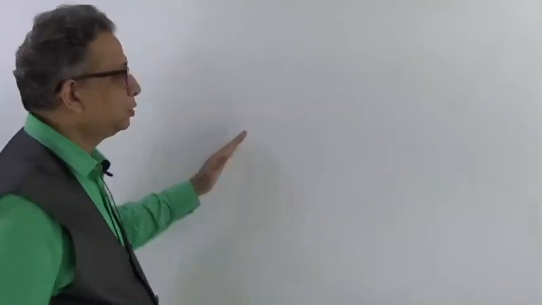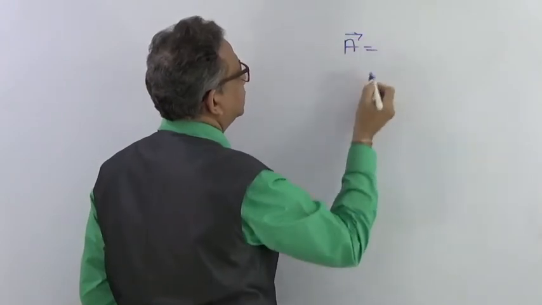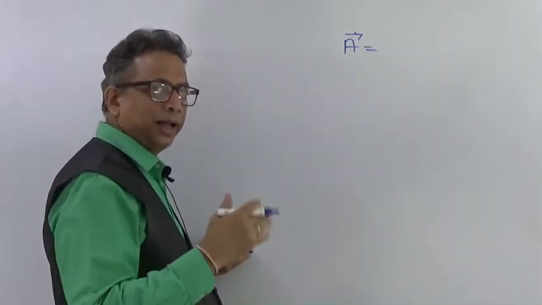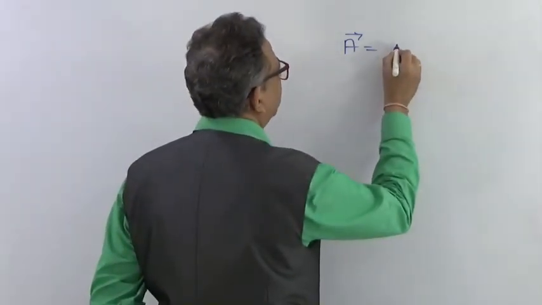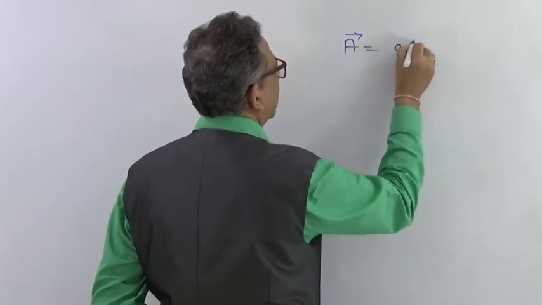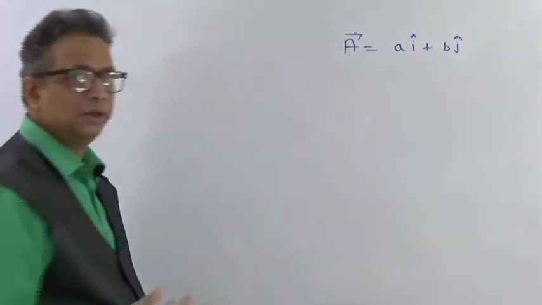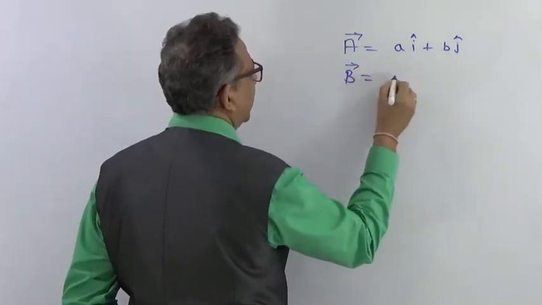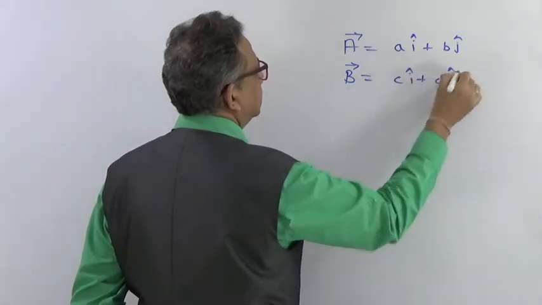Now, after knowing the rules of the dot product, let us assume there is again a vector A which is given in the form of two components in i and j, or you can take even i, j, k, it is just an extension of that. So let us talk about two axes, that it is represented as some value, maybe A i cap plus B j cap. A and B are some constants, some fixed values, right? Similarly, another vector B is given as C i cap plus D j cap.